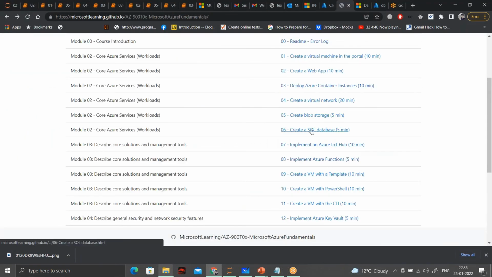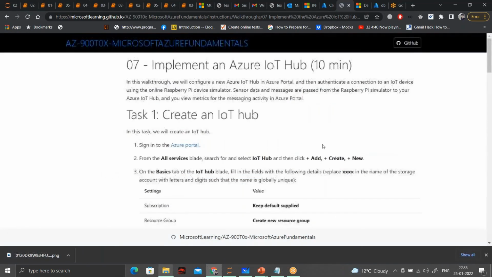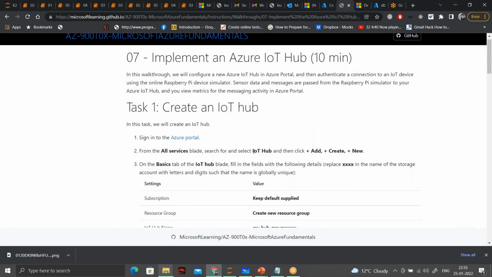Yeah, this one. So within your Azure portal, the service that you have to search for is IoT Hub, and then we will create a new IoT Hub.